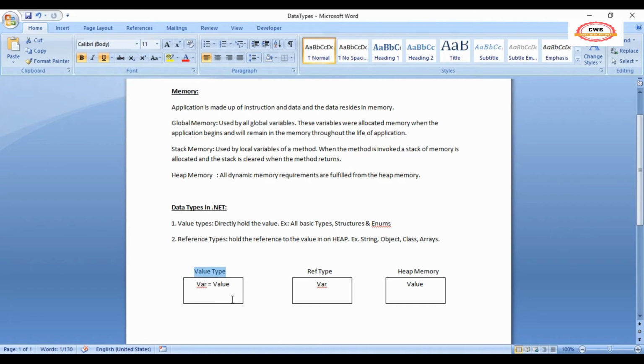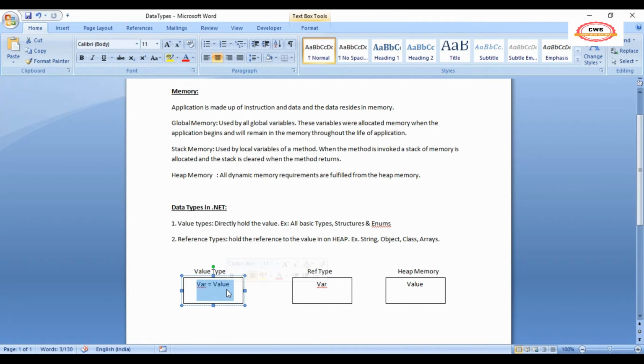Suppose I am giving an example: just imagine that this is a memory area. With a value type, the variable directly holds the value. Suppose x equals 10. The variable directly holds the value in that variable, and that resides in the stack memory.